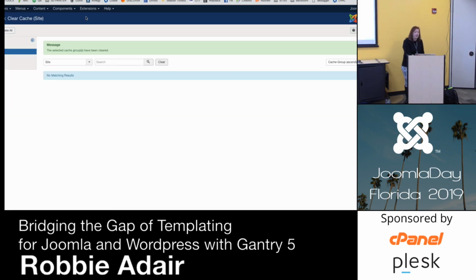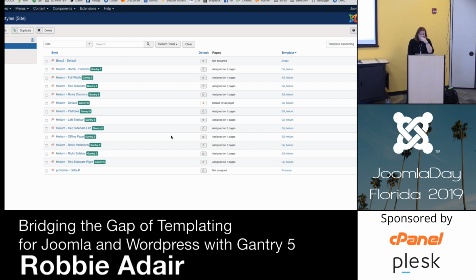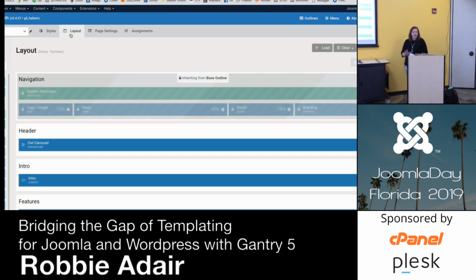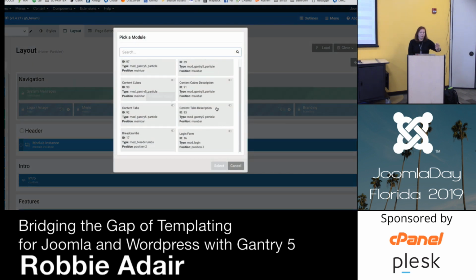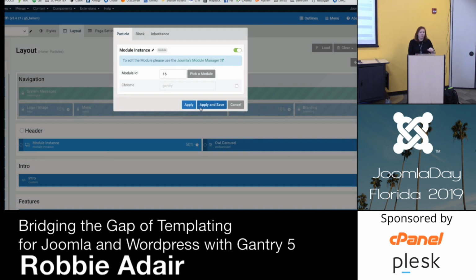Let's continue so that I get to go through all the tabs with you, and then we'll come back to that one. And we'll also go, once we update our WordPress, we'll see if it works better in here, but anyway. The next tab here. So that's our layout tab, and by the way, I was just showing you those particles, but you'll also see up here in the upper left, you can drop a module instance. So let's say I have a module already set up. You do need to have the ID number of it. So let's say you had a little custom module set up that you're using on the home page, or somewhere else. You can literally just drop in a module instance, and in here you set which module you want. So you can go in here and go, well, hey, this login form is what I'm going to drop in.